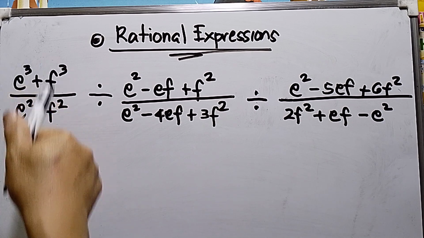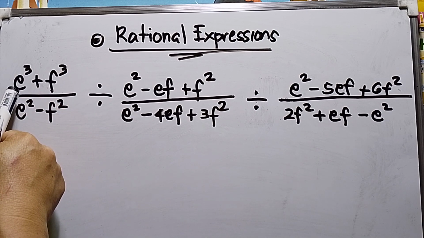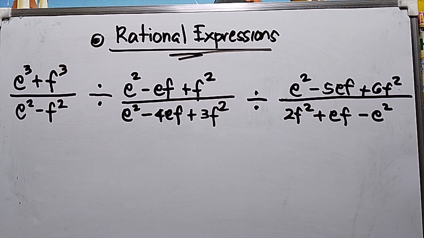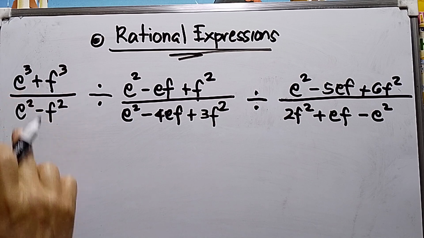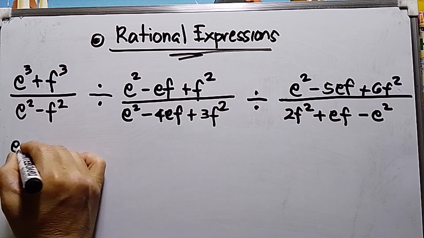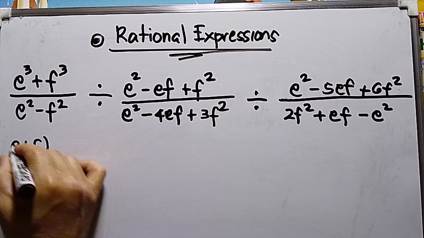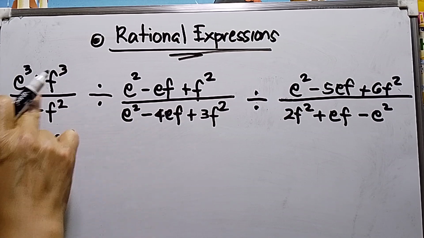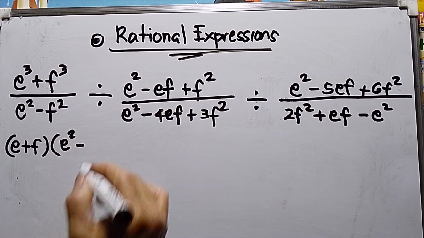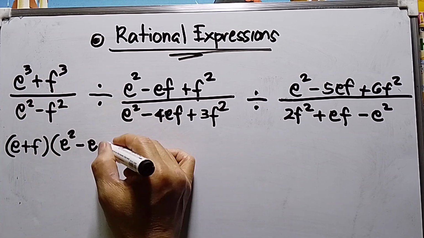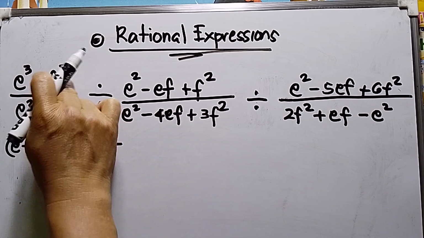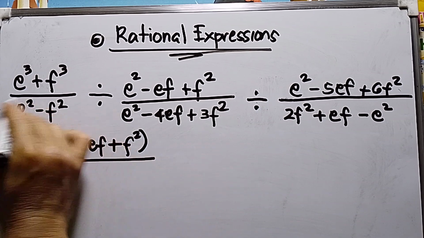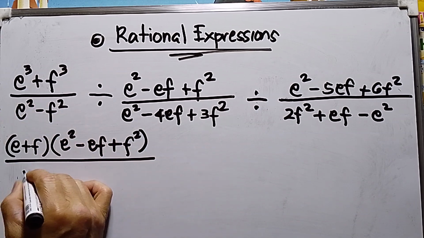So take note, the first fraction, the numerator is the sum of two cubes, while the denominator is the difference of two squares. So to factor the numerator, it should be e plus f, and then square the first term. Since this is plus, it should be minus in here. Then I copy the first and the second, plus the square of the second term, f squared. Then factor the difference of two squares, it should be e plus f,